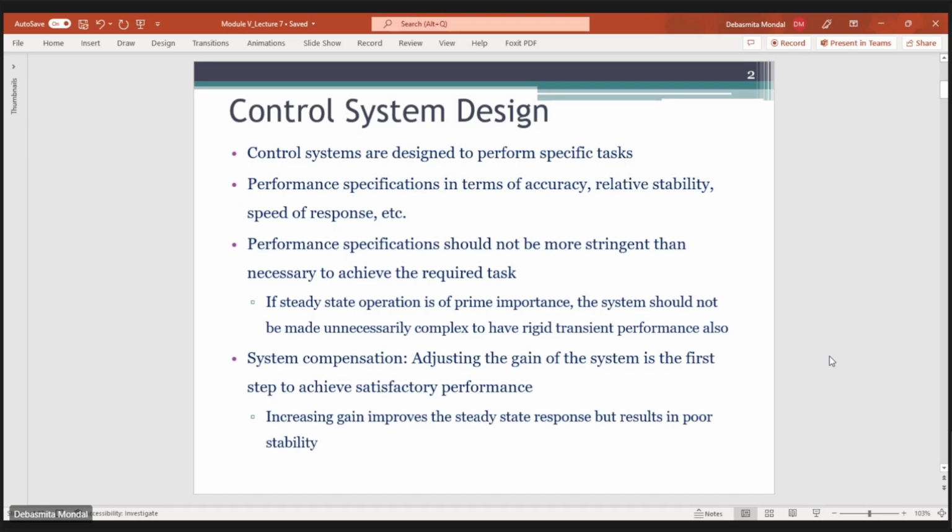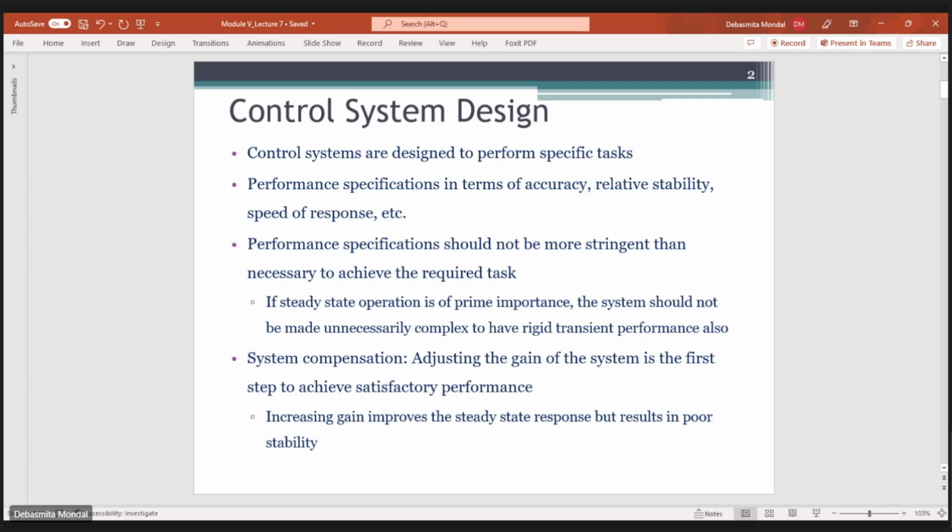Okay, so till now the plant, obviously you can't control, the plant is given, it is sort of a black box to you. So you have to design the controller and the feedback sensor in order to control the plant, right? So here you have two blocks whose parameters can be modified in order to get the final desired response. Okay, so another thing that we can use is known as system compensation.